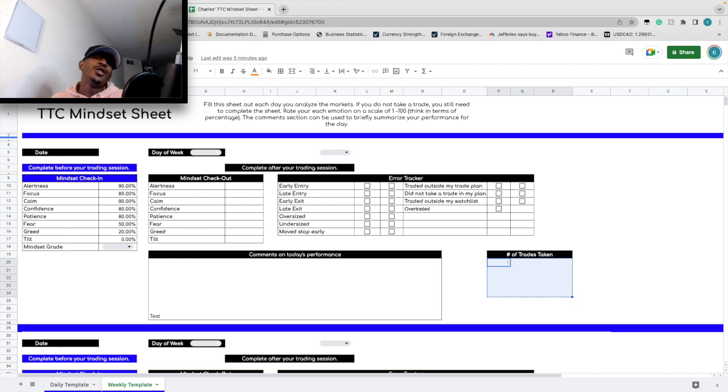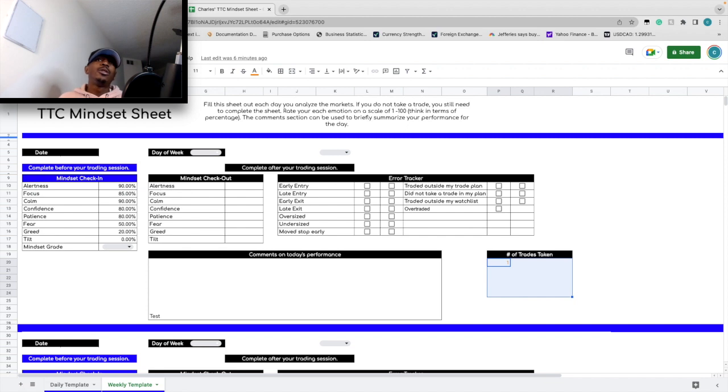But sometimes it can be hard to do this kind of thing as it relates to our emotions. But if you're a trader and you've been in the space for any type of time and you're serious about it, you know that emotions is more than half the battle, right? We can give you a strategy that works very well. It works maybe over 50% of the time, but if you can't trade it correctly or consistently, over at least 70, 80, 90% of the time, on the higher end, you're not going to find success. Now, you're not going to be 100% successful in terms of always trading right. That's not the point of it, right? But the point is to help you understand when it is that you tend to not be your best, right?